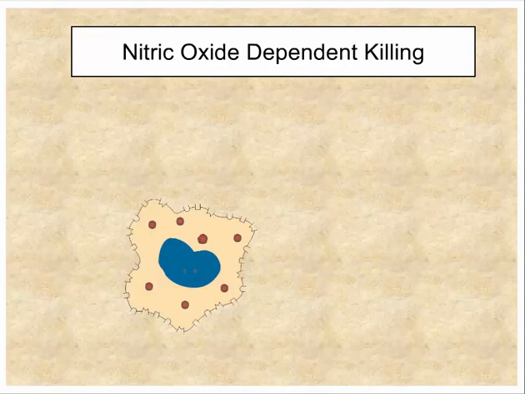Yes? No. To septic shock? No, because this is occurring in this local area. I mean, this is not going to be a systemic reaction. So the nitric oxide, we're releasing it right at the site of the infection, okay? So this is not going to contribute to septic shock. Septic shock is going to be primarily due to components of the bacteria that are released and get around systemically. Something like the lipopolysaccharide from gram-negative bacteria will induce septic shock. Okay.